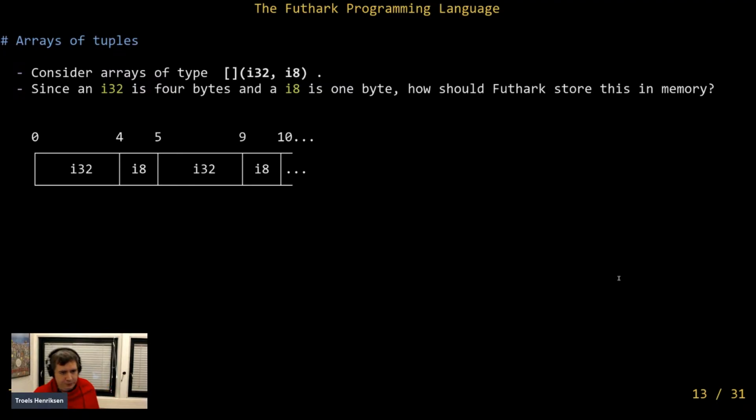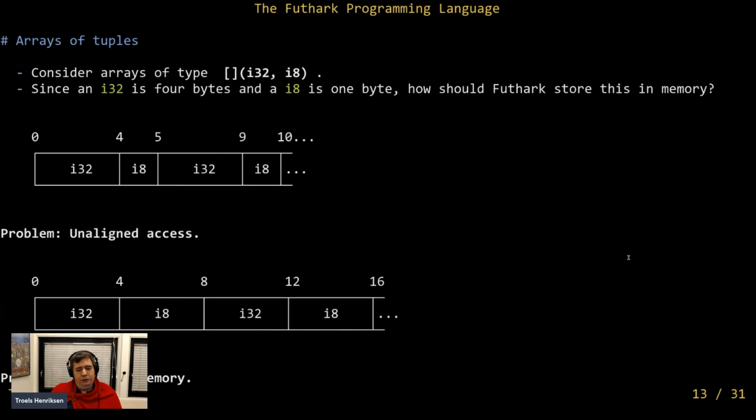So the packed form would be something like this, where an array has this format. It has some starting offset, then there's a 4-byte integer, then there's a 1-byte I8, and then immediately after that, 5 bytes after the start of the array, you have another integer and then a byte. And this doesn't waste any memory, but the accesses here are unaligned, and that's pretty bad. This integer here will start at an address divisible by 5. And that is at best slow, and at worst, it just doesn't work on hardware. It will give some unaligned access error.